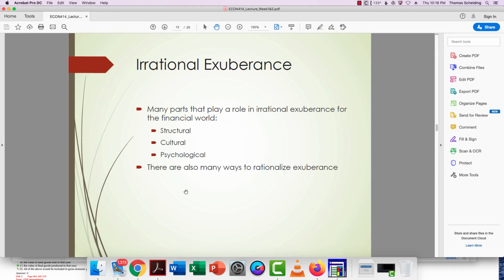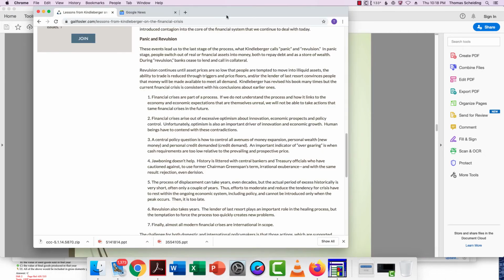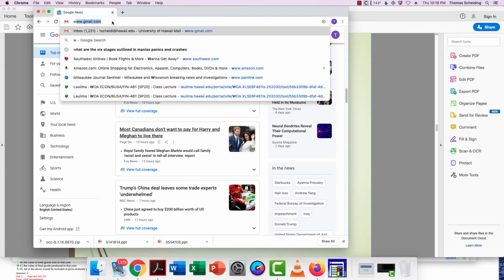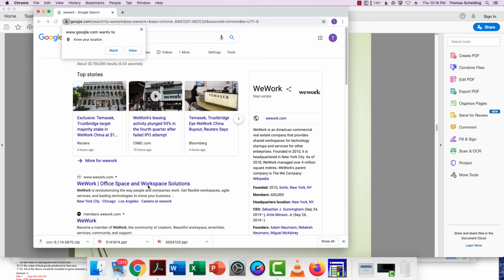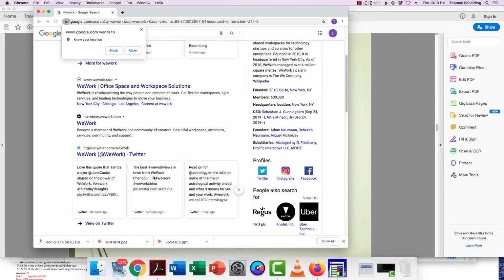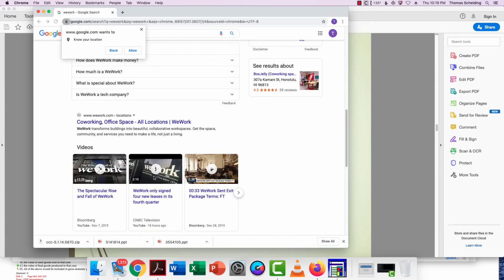So one example of this that we saw most recently, and we're not even really sure how this is going to play out, would be some of the initial public offerings that were offered over the past year. One of the more famous examples being WeWork. If you're not familiar with WeWork, this is kind of an interesting business. What it did is it basically bought large office space, broke it down into smaller parts, and then rented that out to others to make money.